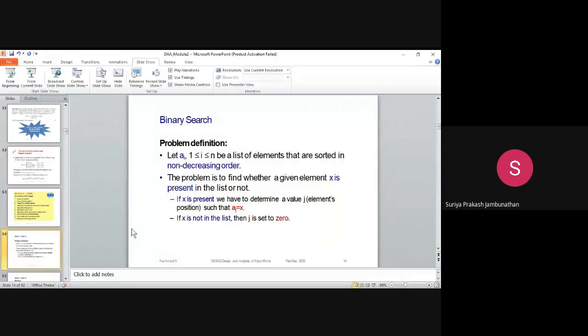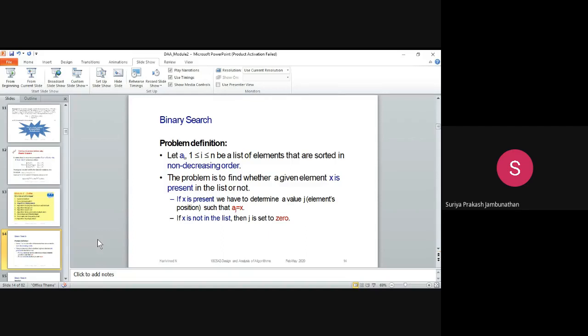So let's go for binary search. The binary search problem statement is a non-decreasing order problem. We have elements a of i, where 1 is less than or equal to i less than or equal to n. We have a list of elements that has to be sorted in non-decreasing order, like 1, 2, 3, 4.